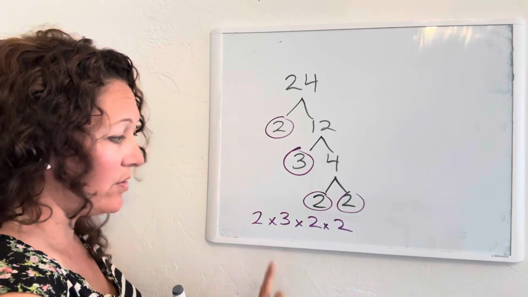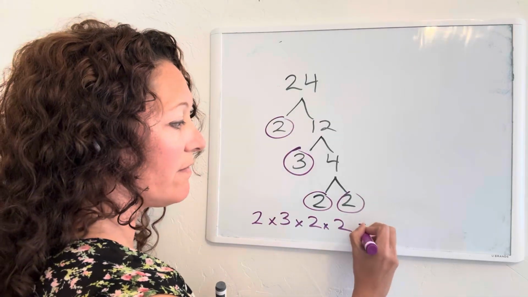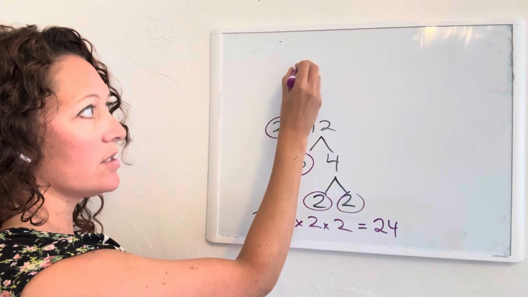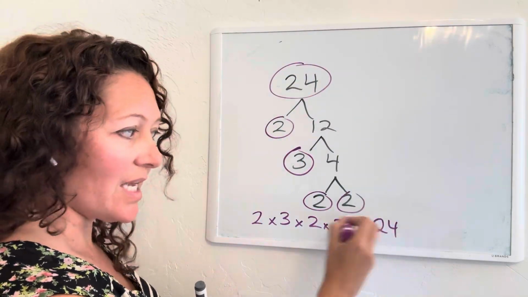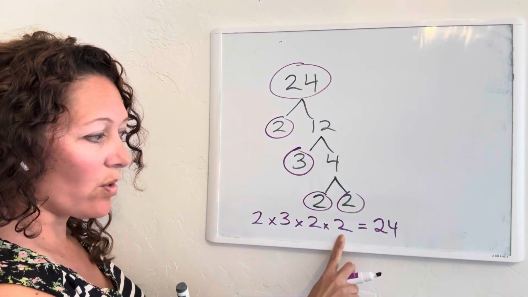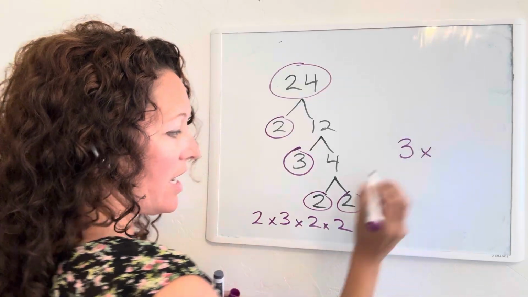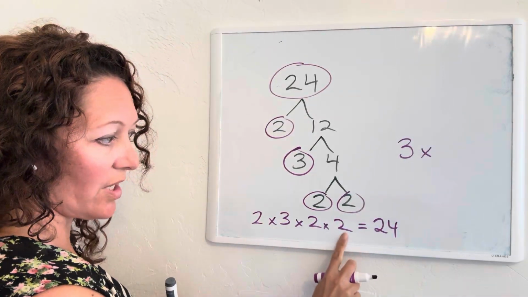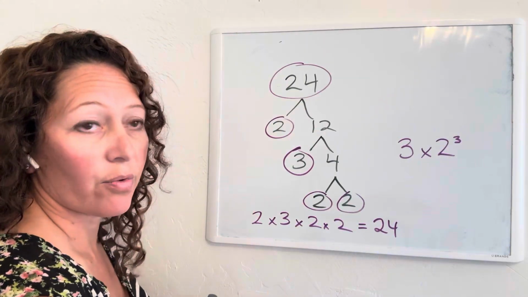And if I multiply those, 2 times 3 is 6, 6 times 2 is 12, 12 times 2 is 24, and 24 was what I had up here. So when you get down to those prime values, they should multiply out and get you back to your original value. And the other way to write this is to say this is the same as saying 3 times, and I have 2 times 2 times 2, which is the same as 2 with an index of 3 or cubed,